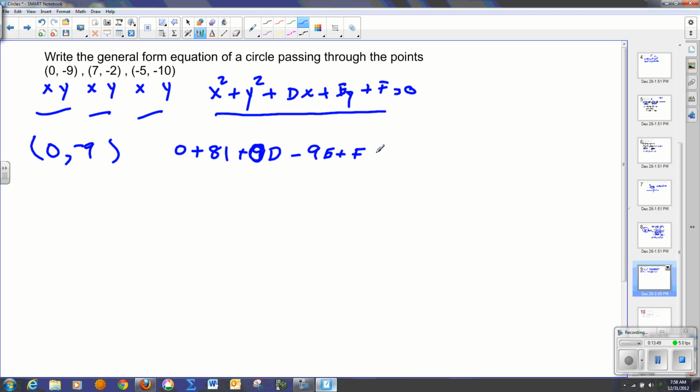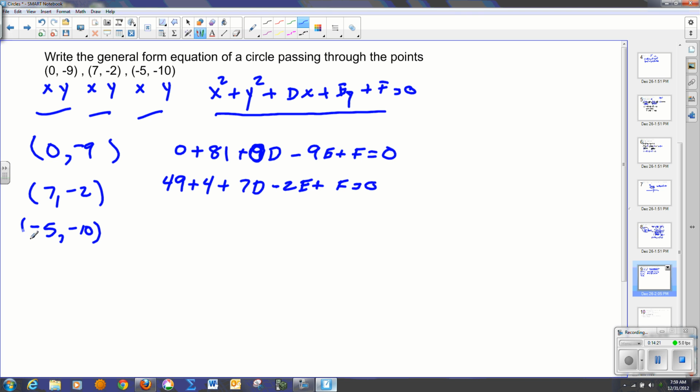plus f equals 0. If I use the point 7 and -2, then I have 49, because that's x squared, 4 y squared, plus 7d minus 2e plus f equals 0. Next, I take the point -5, -10, plop that in, get 25 plus 100 minus 5d minus 10e